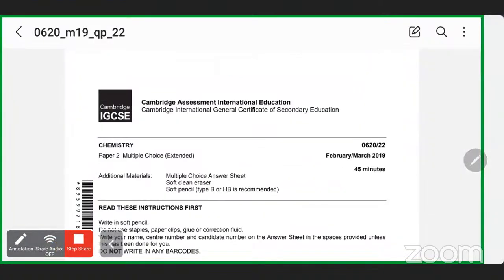अच्छा स्क्रीन नजर आ रही है? जी। चलो लेट्स स्टार्ट, ठीक है।